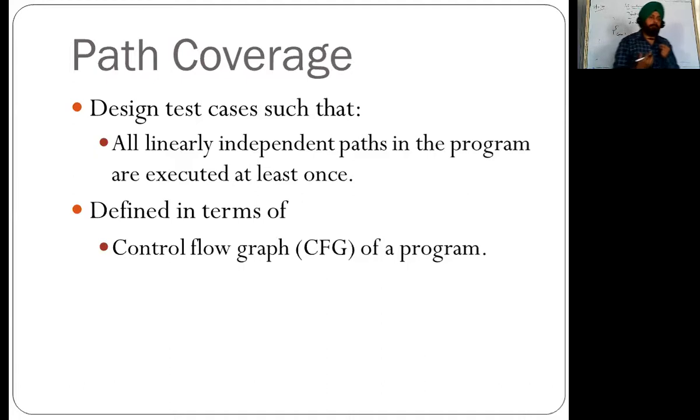Path coverage. In path coverage, when there are different types of data structures, like graphs and trees, inside your system, which you implement using your coding, we take an example of a graph or a tree. Then we do such testing that each and every path and branch of your system is tested. I will show it with an example also.